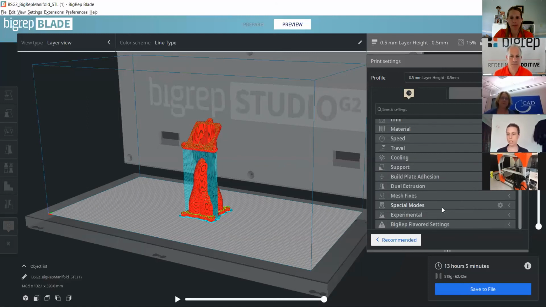Really quick. So slicing the actual part takes 20 to 30 seconds. Obviously, the larger, more complex the parts are, it takes a little bit longer to generate that G-code. Putting the G-code onto the computer is always really quick.